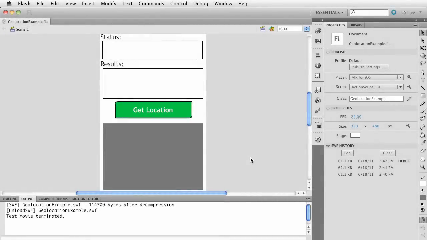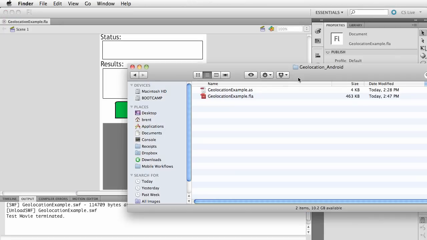Hey, this is Brent, and I want to show you how to use the geolocation example I created in iOS to use that same code on Android. Specifically, I want to show a couple of things you have to consider that are unique to Android, referring to permissions. So what I've done is I've copied the project and I've got it in a folder called geolocation_Android, and